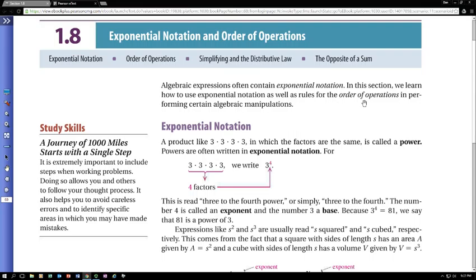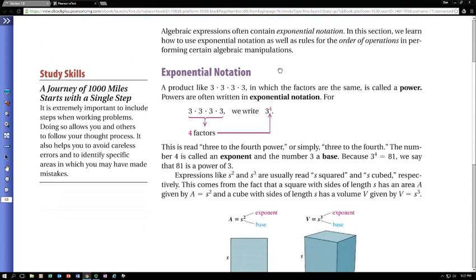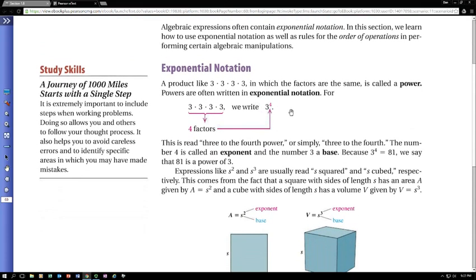Well, we're going to talk about what this exponent thing is. And exponents are kind of like what multiplication is to addition. When we have exponential notation, we have a base, which in this case is 3, and the 4, the exponent, means that the 3, the base, is a factor, part of a multiplication, in this case 4 factors, or 4